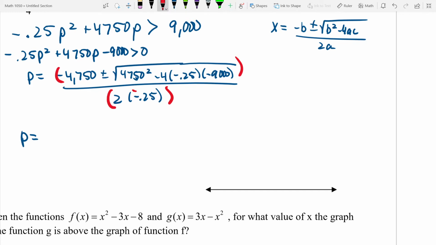How many closes do I put here? 3. Close, close, close. Divide, parenthesis, 2 times negative 0.25, close it, enter, and I get